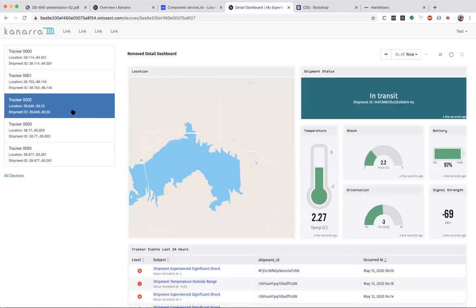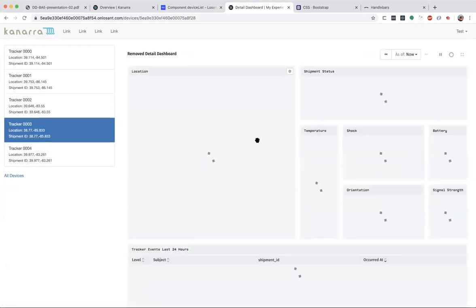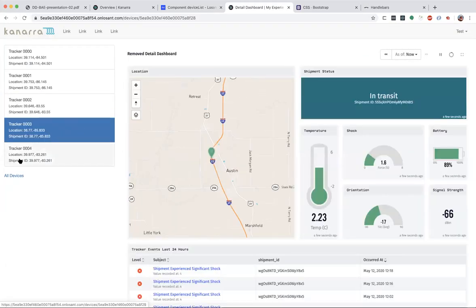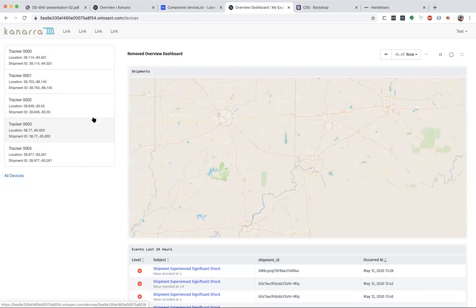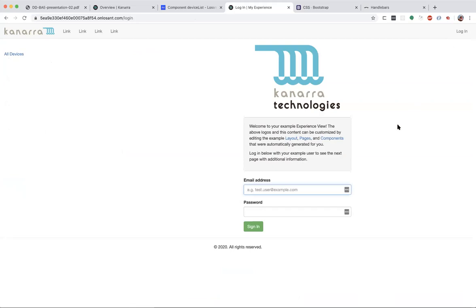So we're pretty close. We've got a detailed dashboard specific to each of these devices. We've got some information about each device on the left-hand column right here. We've got a link back to all devices. Just one last thing we need to do. And to demonstrate that very quickly, I'm going to log out. And look what's happened. My login form is now scrunched over here, and I have this empty block over here.